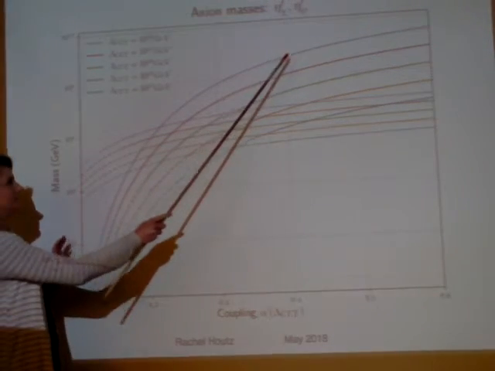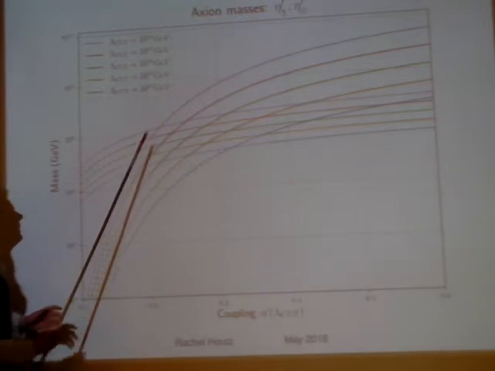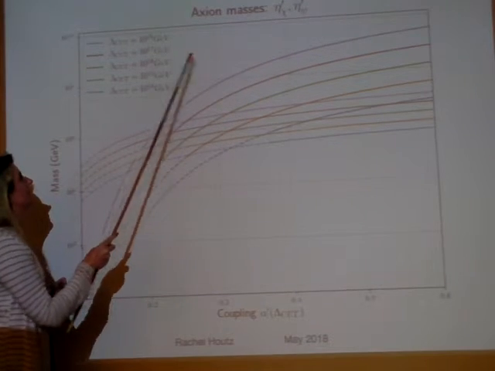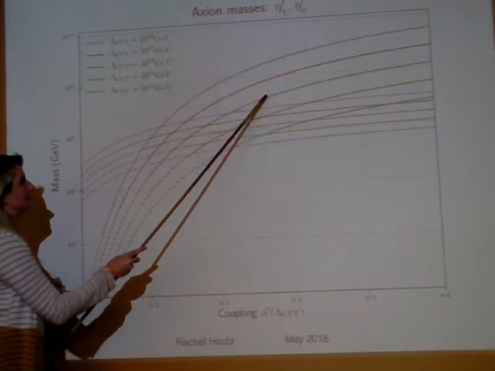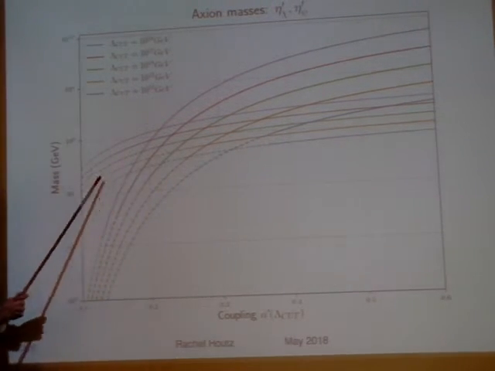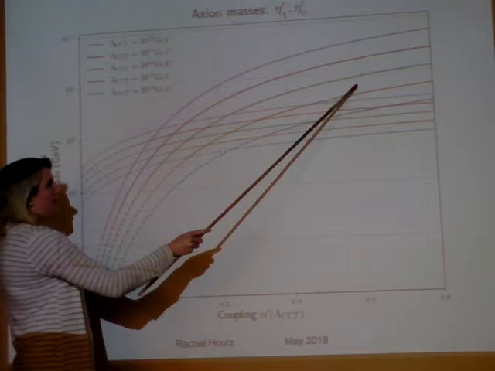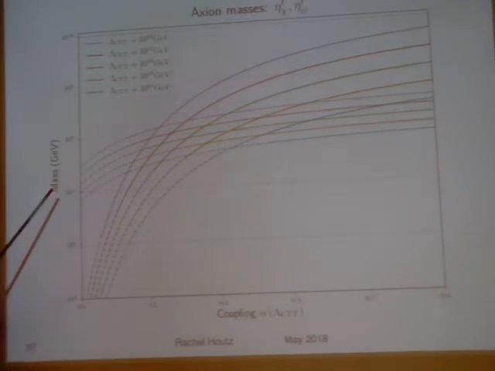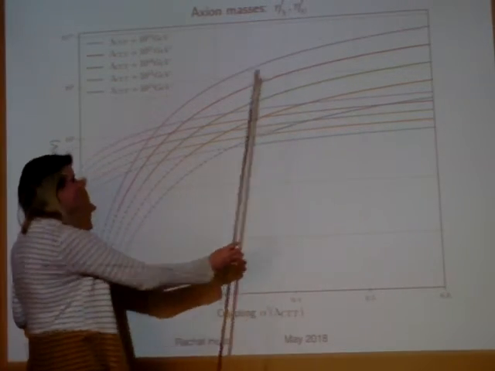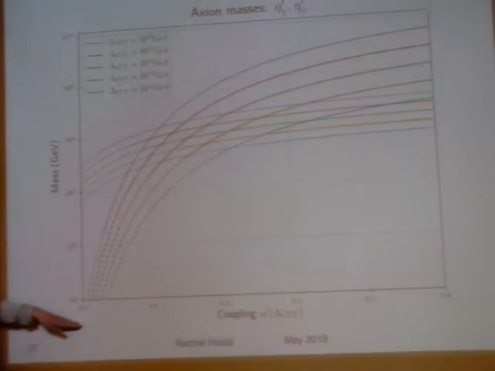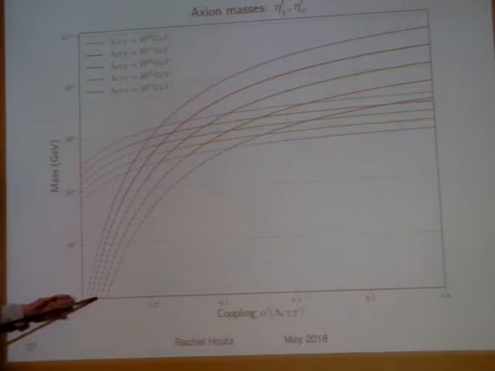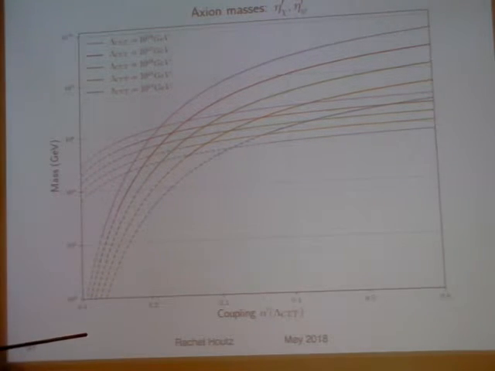For some curve that goes like this, the purple line is lambda cut sitting near the Planck scale, 10 to the 18th GeV, 10 to the 17th is the red, 10 to the 16th is the green, 15th is yellow, and 14th is blue. So you can see that if we vary lambda cut, we get different contributions to the axion mass. The other really important thing to see is that this is highly sensitive to the value of alpha prime at lambda cut, which is exactly what we'd expect. For low values of alpha prime, the instanton contribution turns off and we just get some light axion.